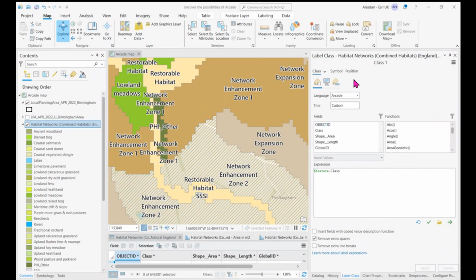So on the right here, because I've chosen to use a custom expression, it's already set me up with a basic Arcade expression that reflects the default setting, which is just to show the class attribute value of the feature. And you'll see the dollar feature there is the profile variable that I mentioned before. So for the feature that's being evaluated, I can then access one of its attributes using the dot notation. So what I'm going to do is say if my feature class value